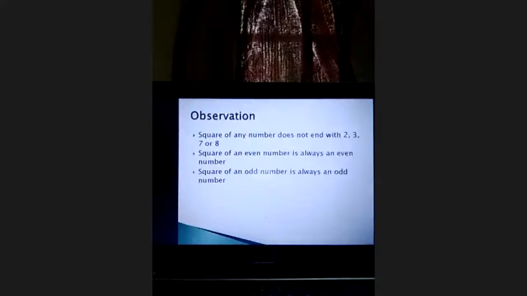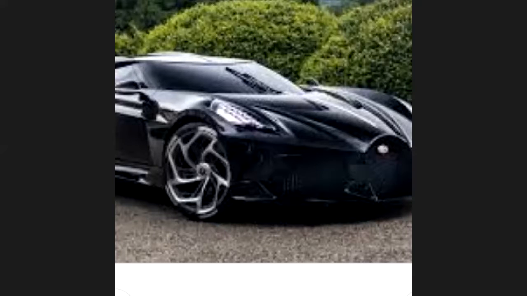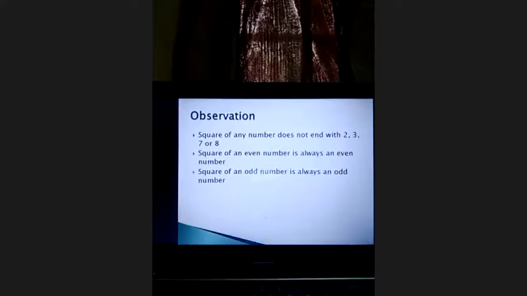108, yes, it is not a perfect square. Next number, 33 is not a perfect square. 42 is not a perfect square. Next, 147 is not a perfect square. 77 is not a perfect square. 11, ma'am, is not. 130. Very good, very good. Now this is the homework that I will also upload in Google Classroom.